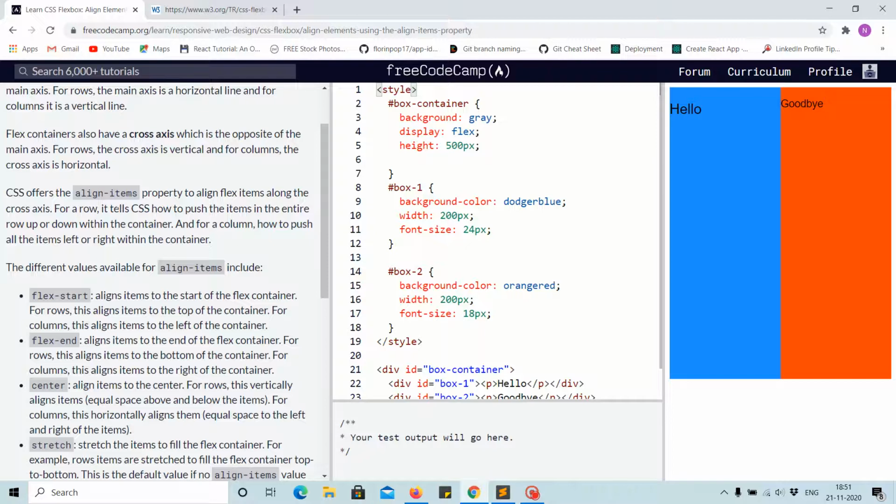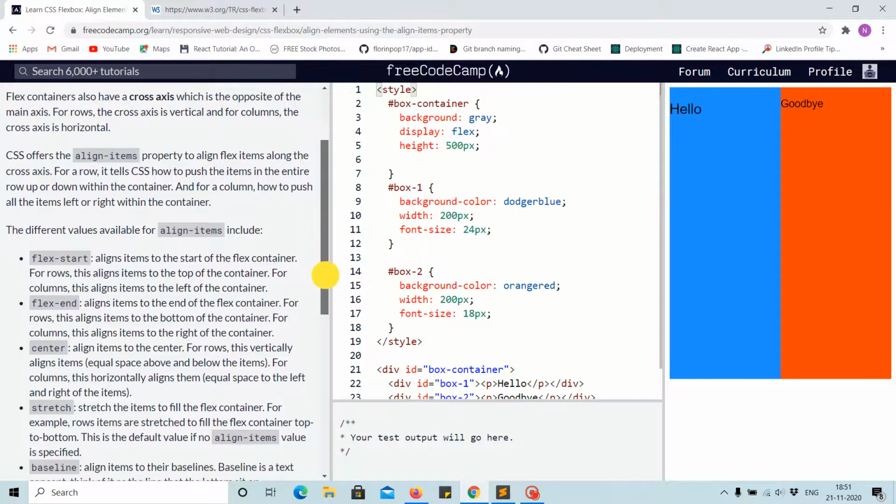CSS offers the align items property to align flex items along the cross axis. For a row, it tells CSS how to push the items in the entire row up or down within the container. And for a column, how to push all the items left or right within the container. The different values available for align items include